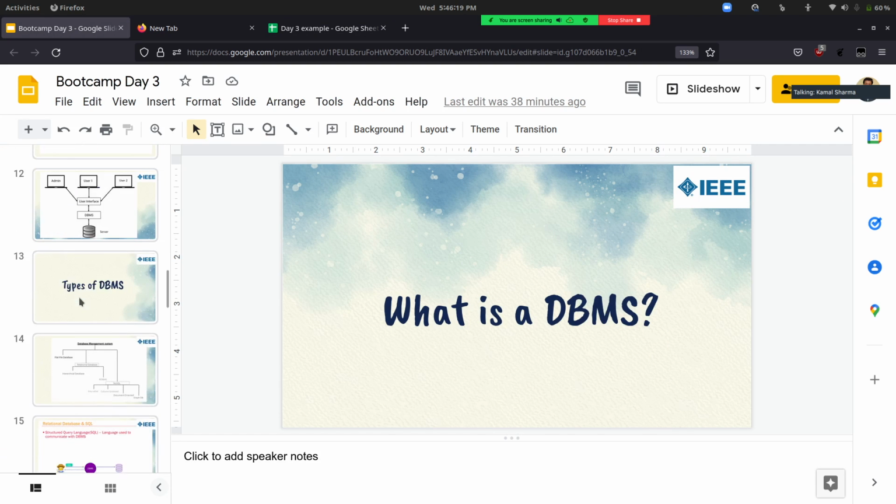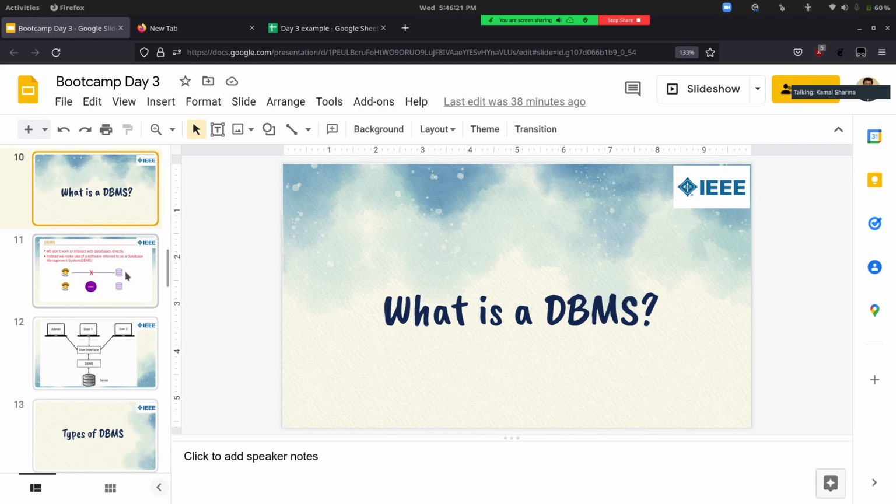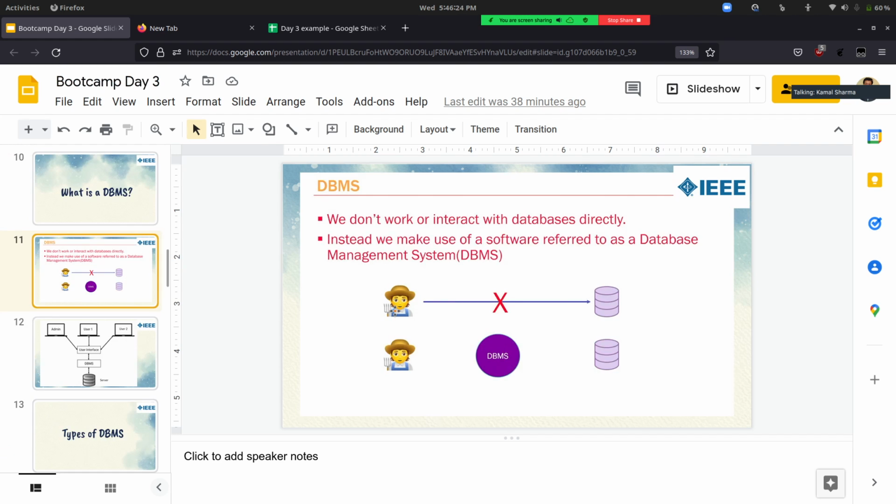Now let's see what exactly a database management system is. A database management system is a system application for creating and managing your databases. That's the reason why I asked you to install XAMPP. In XAMPP, we have Apache and MySQL. When you open the admin page of MySQL, you'll get phpMyAdmin. That is a database management system because it in turn uses MySQL. So that's one of the database management software that we'll be using in today's example.